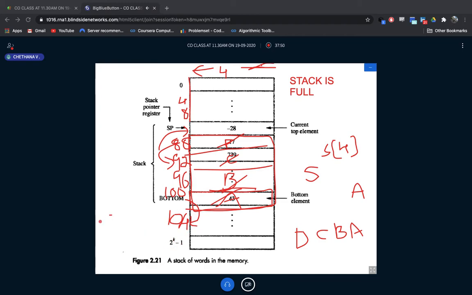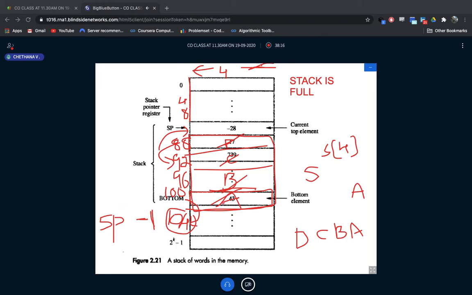This starting pointer is known as the stack pointer. The stack pointer is the starting pointer, and it is denoted by -1. That location will always be denoted as the -1 location. This indicates that this is the starting address of your stack, but you are not going to insert any data here. It's like a virtual address. That's all. Next, you are going to decrement the SP by 4.